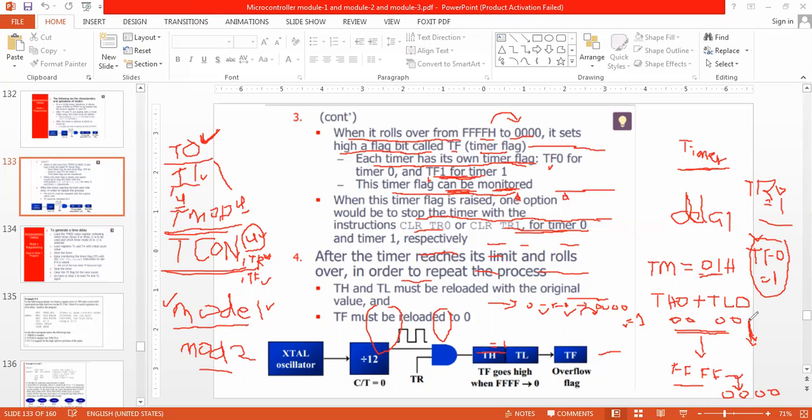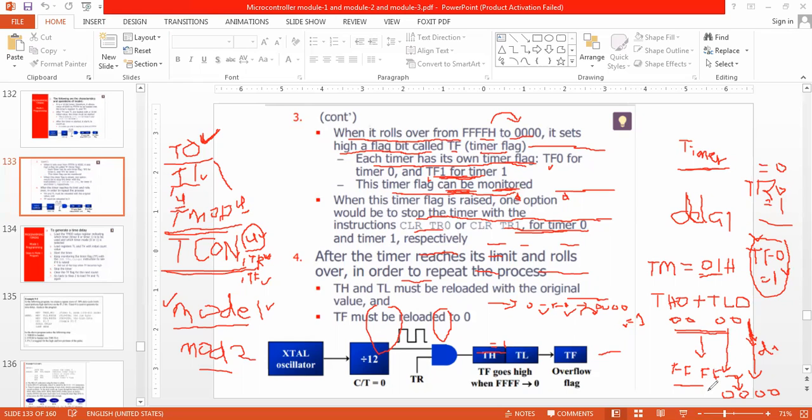As we are incrementing from one position to the maximum position, if it is enough time delay, then we can stop the timer with TR0 equal to 0. So when can we stop the timer? Whenever the overflow occurs.